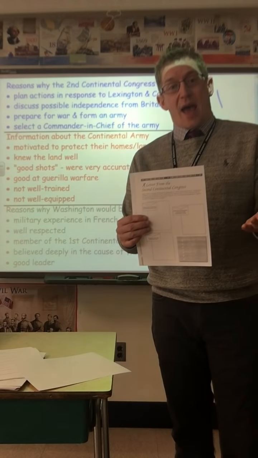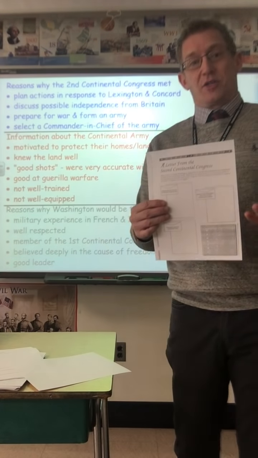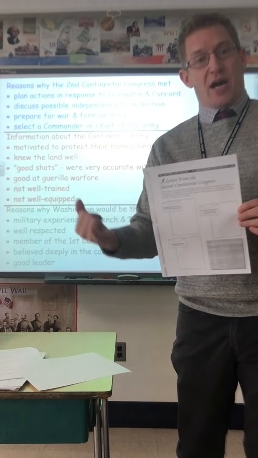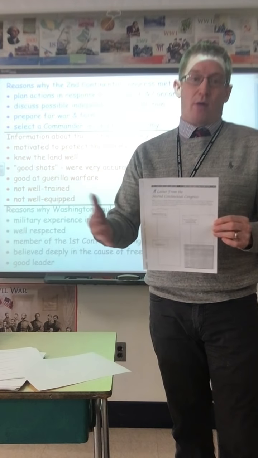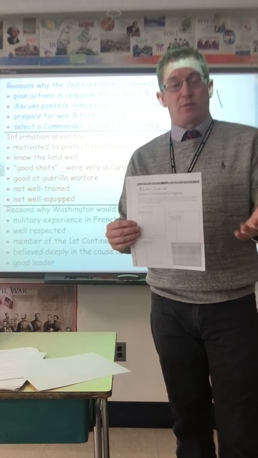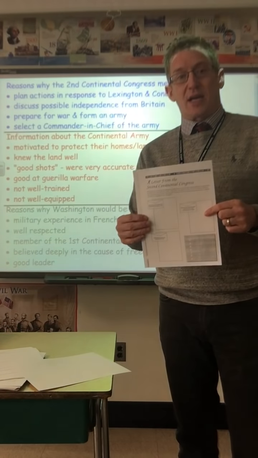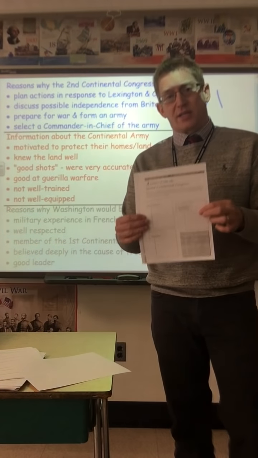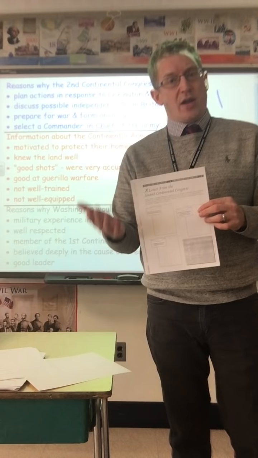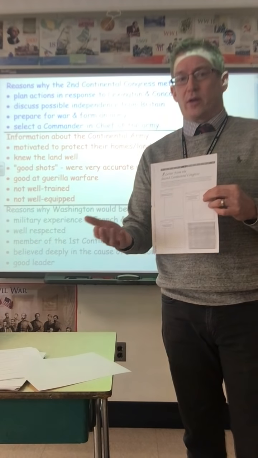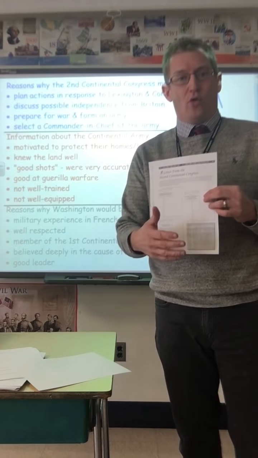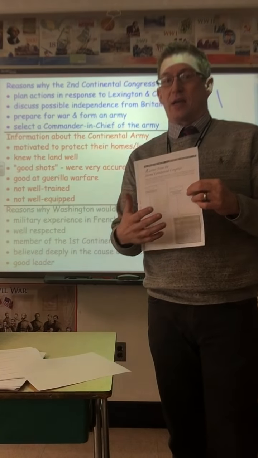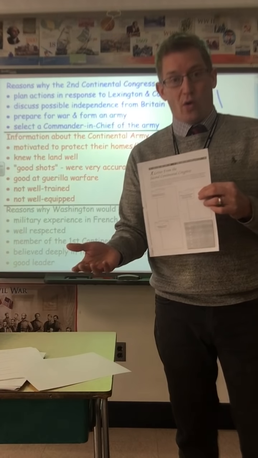One of the things that's going to happen is the Second Continental Congress, which is a second meeting of these new colonial leaders, guys like John Adams and Samuel Adams, Paul Revere, Thomas Jefferson, names we've already talked about. They're going to get together and realize that they need to establish a new army. They know that Lexington and Concord, where the colonists grabbed their guns and left their homes and faced off against the British, was not sustainable. That's not something they're going to be able to do for the entire war.